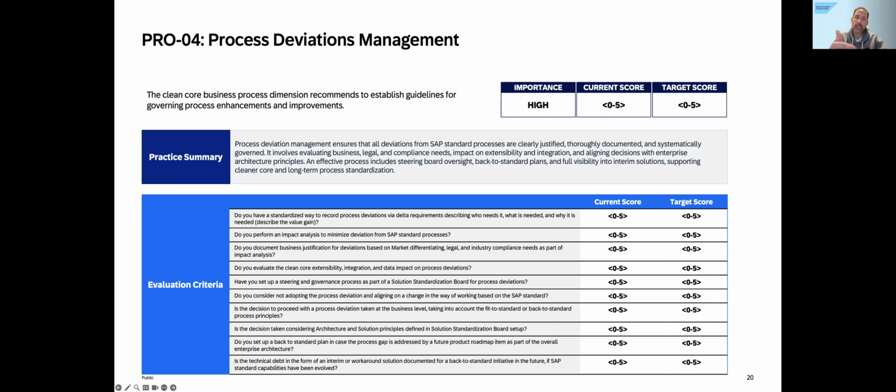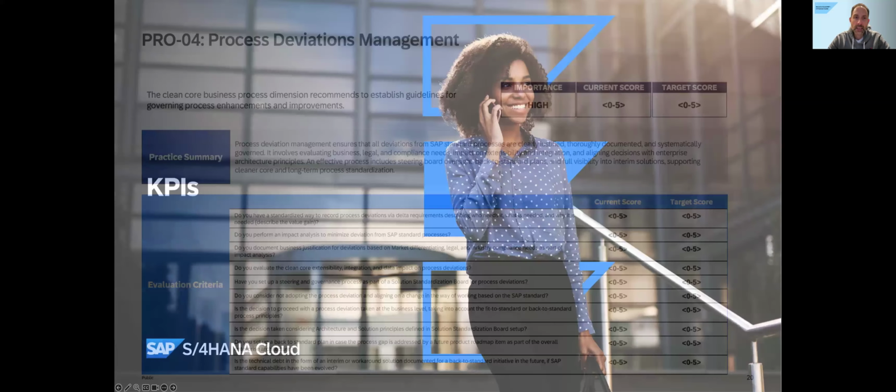We showed the results from the process to the extensibility side and from the extensibility side to the process side. That you can see where the highlights are, where the biggest difference is between the current and target score. And then in the next round, you might look only at these practices, double down and say, okay, why did we score like that? Was there maybe a misunderstanding? Were different people in the room thinking differently about the current score? So you circle a couple of times around, and at the end of the day, you come to the conclusion what are the actions that you now want to take forward?